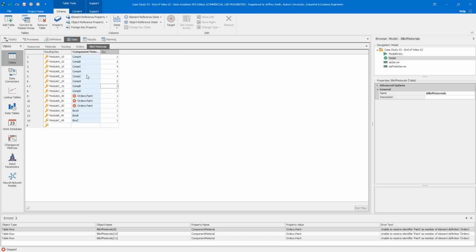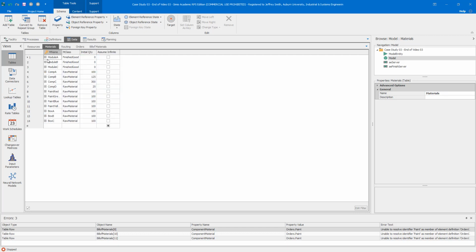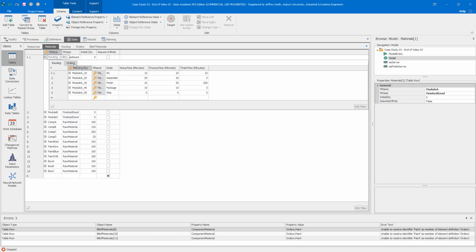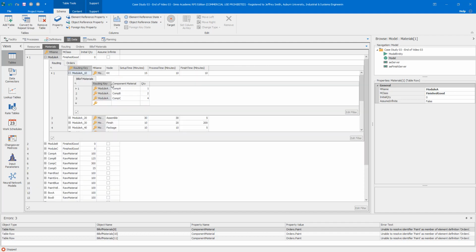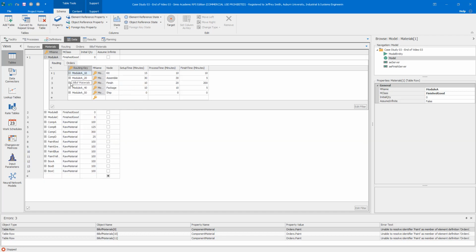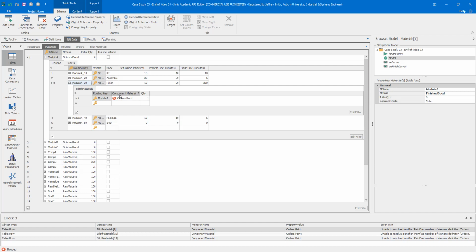Now, the reason that these can be specific components, but these can't, is because when we look at the materials, for example, if I look at module A in kitting, we know that it's component A, 2 component Bs, 4 component Cs. We know that all the time. But for finish, we don't know what color it is for every entity that comes through. We need to reference back to the color. So we have the material defined in the order, and the last thing we need to define in the order